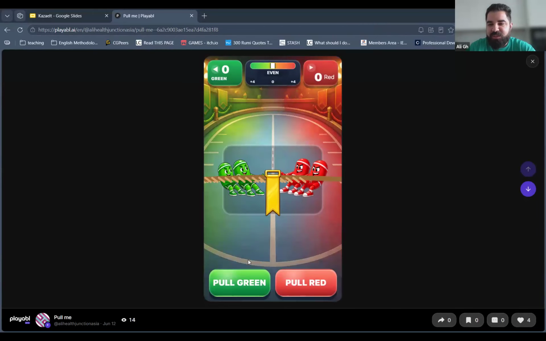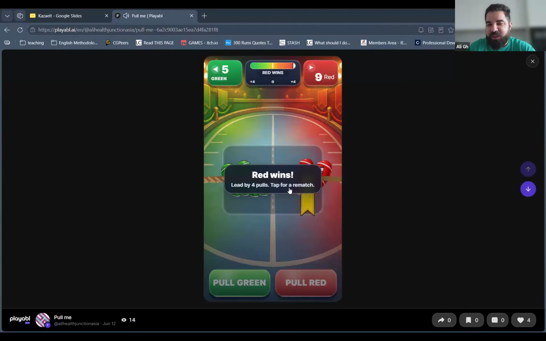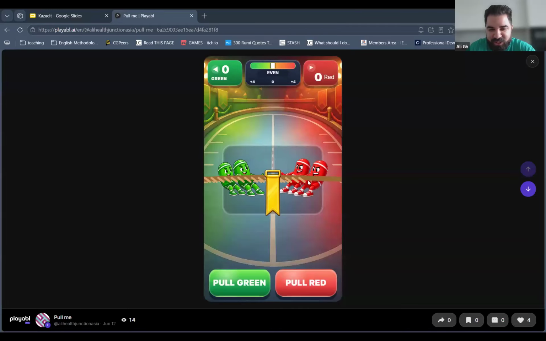I made this so that every time someone says the correct answer, the bar pulls toward green. Every time someone says the correct answer in red, it pulls toward this side. And here was the threshold. See, right now they're five on five, but if they make four mistakes in a row, there we go. Red team wins. It's a very simple way to look at it. It doesn't really require much.